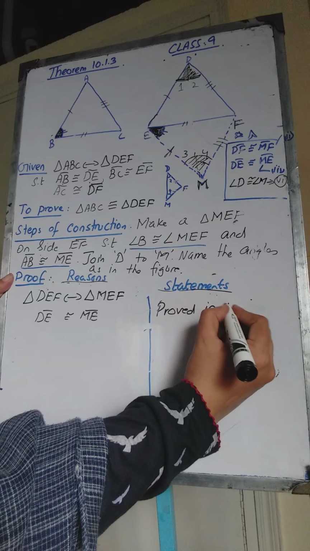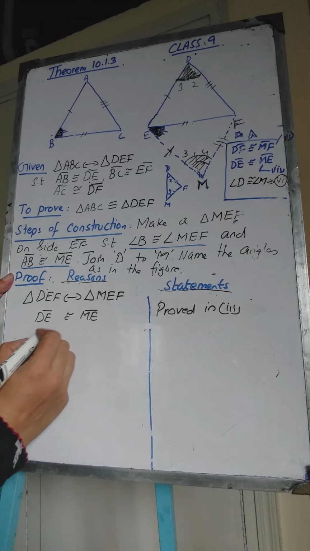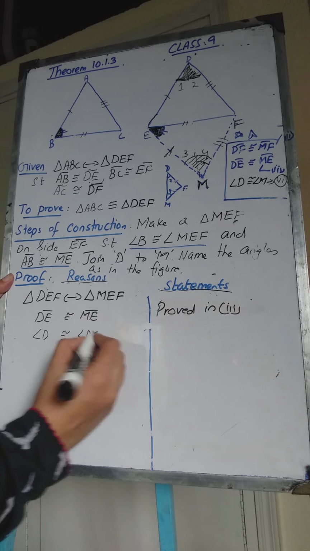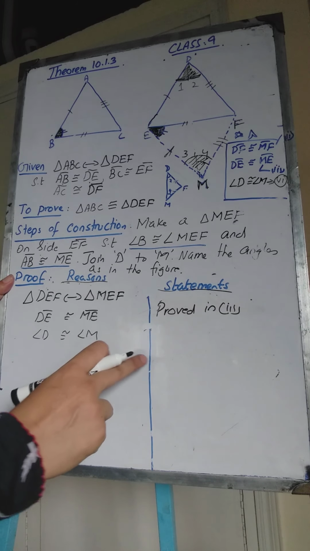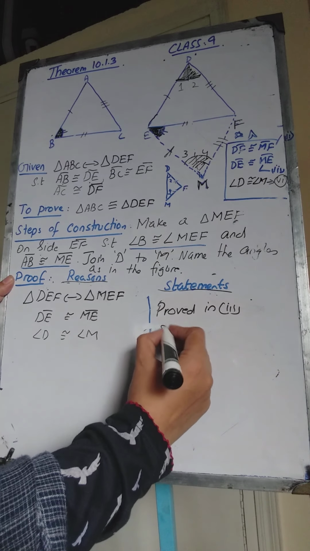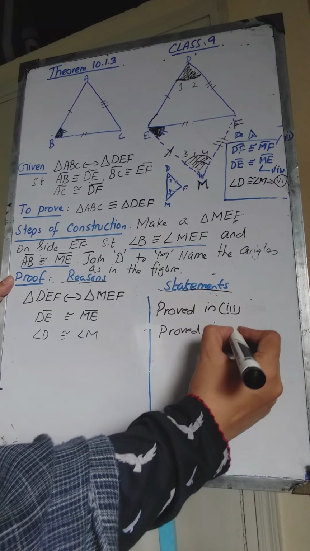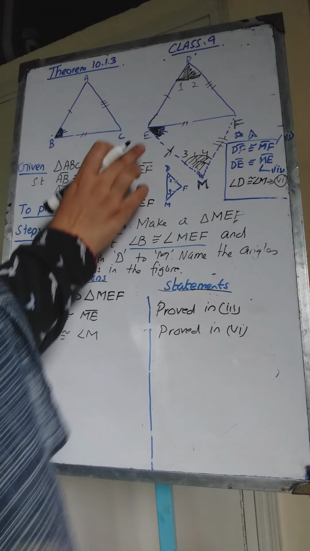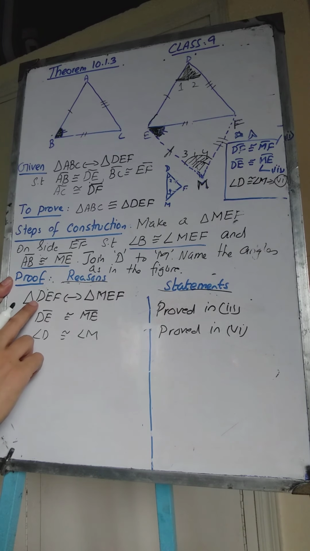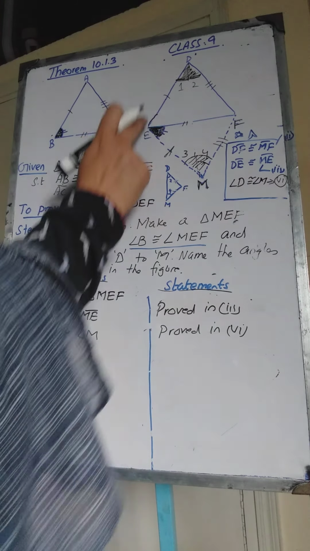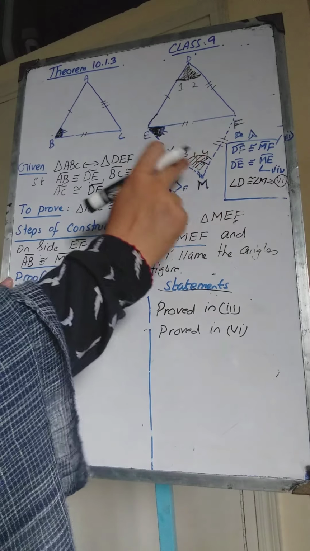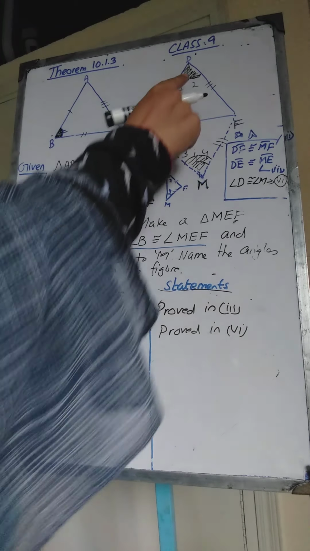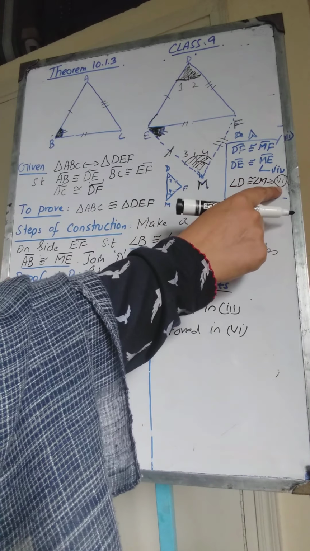That was equation 3. And angle D is congruent to angle M. Angle D and M are congruent. This we have already proved in equation 6. Okay. What am I doing? I am trying to apply the SAS postulate on these two triangles. DE is congruent to EM. I have already proved that, explained that. And DF is congruent to FM. This also we have already proved. And angle D is congruent to angle M. This we have proved in equation 6.